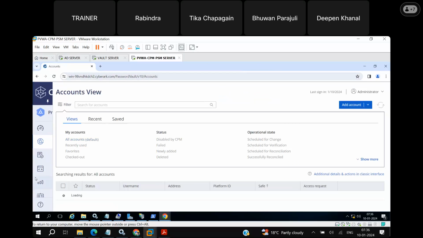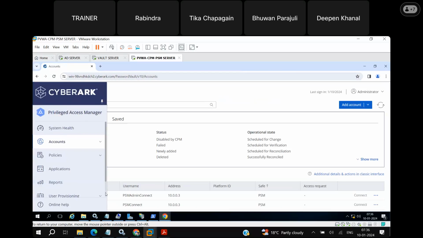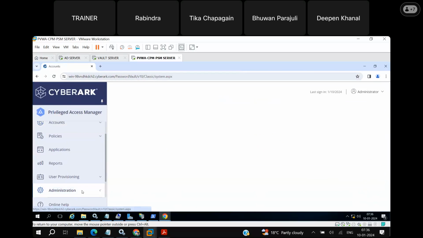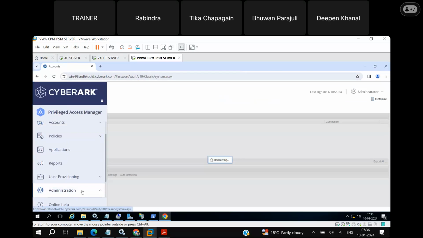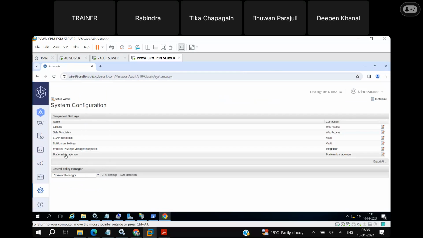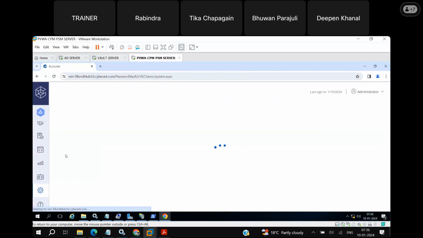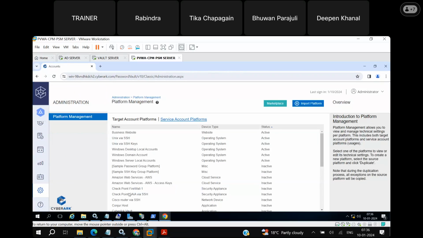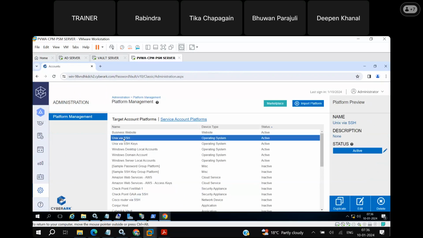Right. On the left side, if you go to administration, in the administration tab you can see platform management. If you go to platforms, you can see all those platforms, whatever we have seen in the password manager safe, shared safe, that is the policy.ini files. For example, this is the Unix platform, Unix SSH. If I edit this platform,